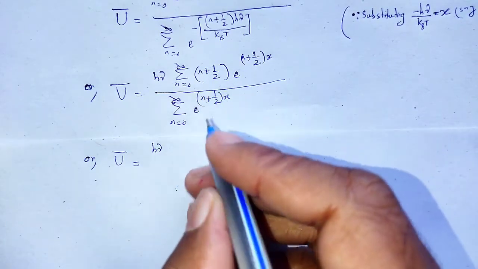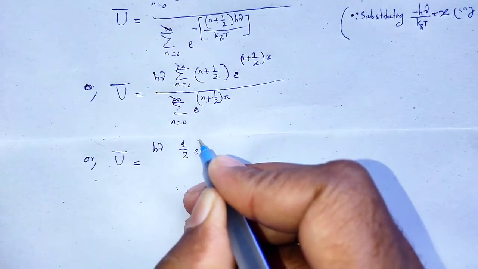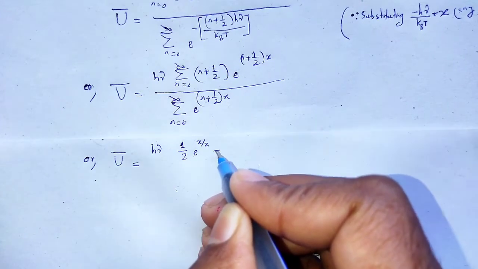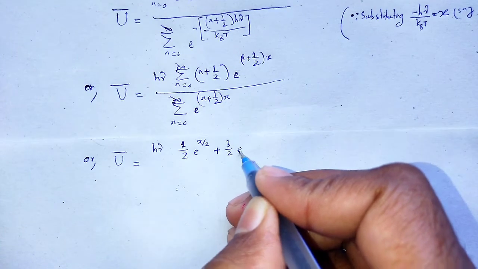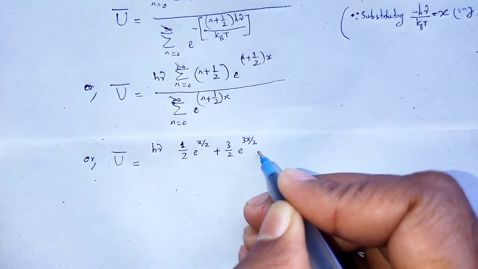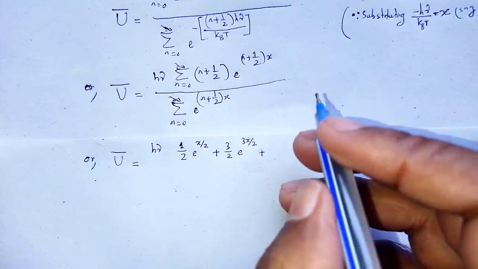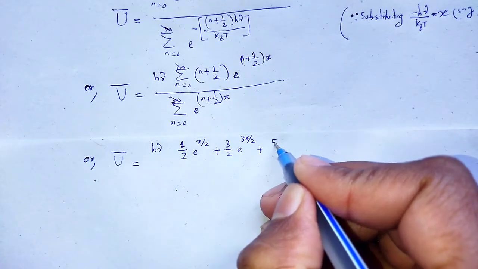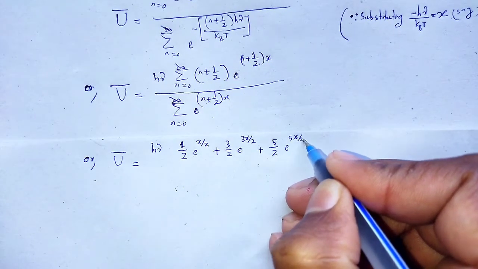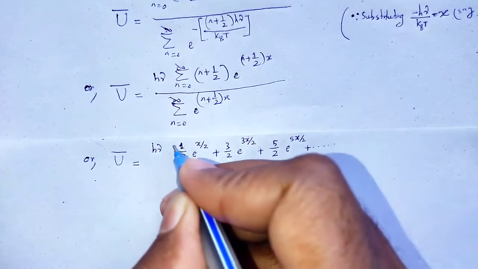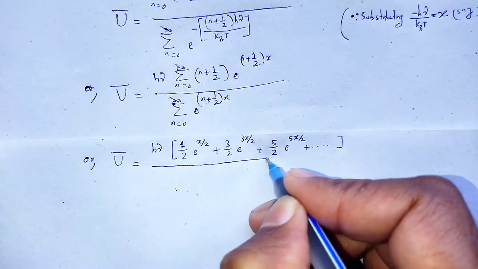When we put n is equal to 0, it will be half e to the power x by 2; n is equal to 1, 3 by 2 e to the power 3x by 2. Next, n is equal to 2, that's 5 by 2 e to the power 5x by 2 plus dot dot dot, divided by,